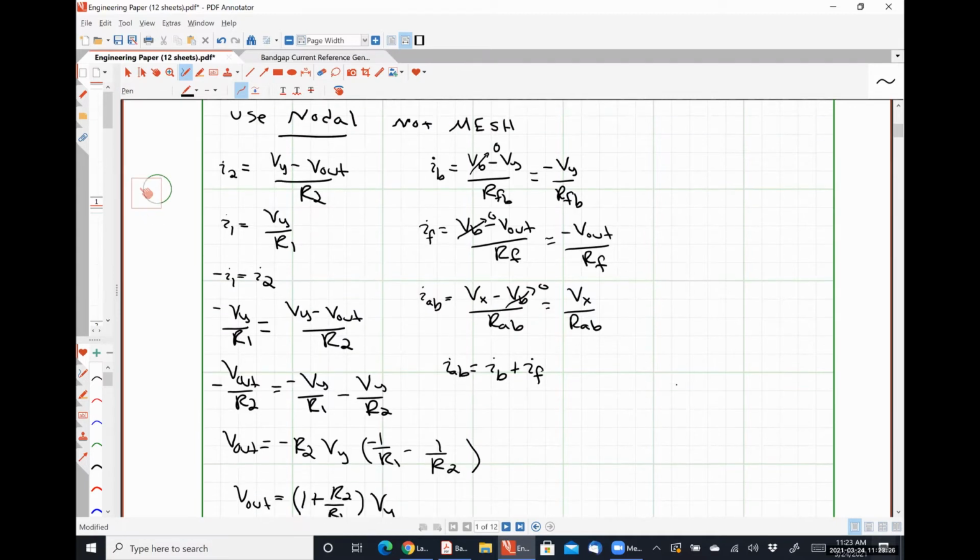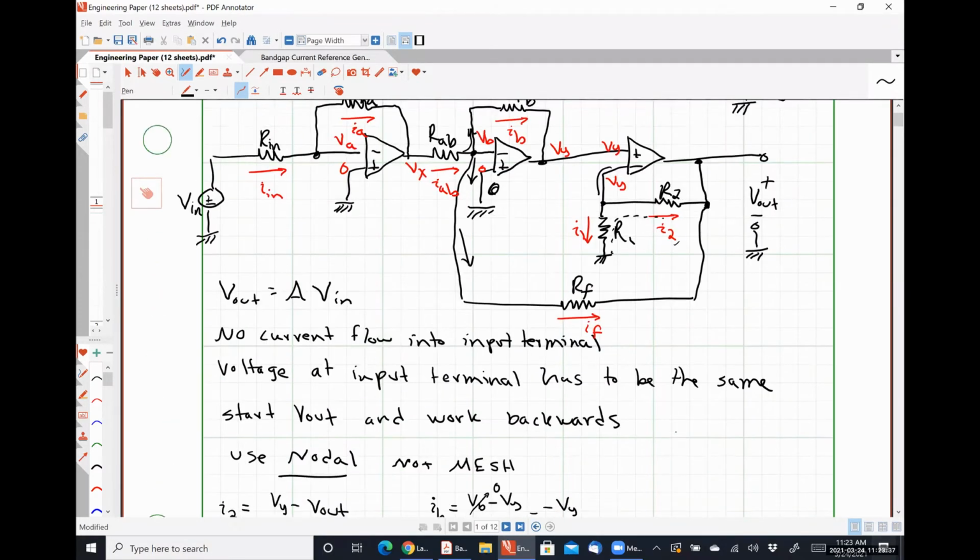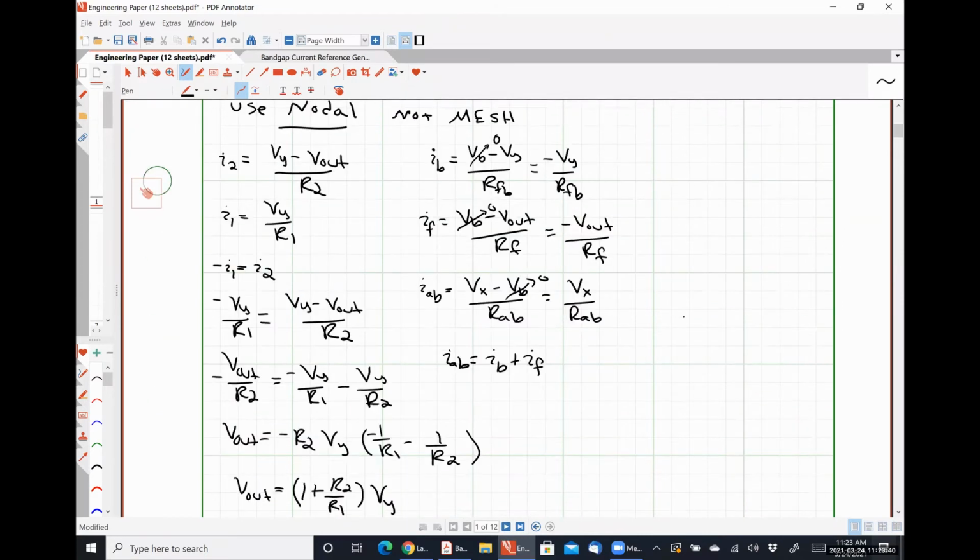Now, we have equations for IB, IF, and IAB, and so we're just going to plug all of this in and solve for Vx, Vy. So IAB is Vx over RAB. IB is negative Vy over RFB. And then IF is negative V out over RF. Okay? So again,